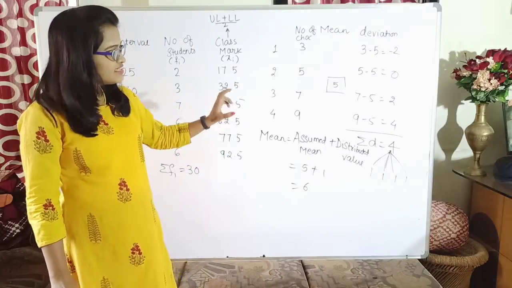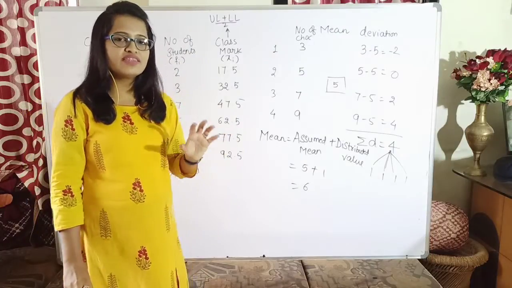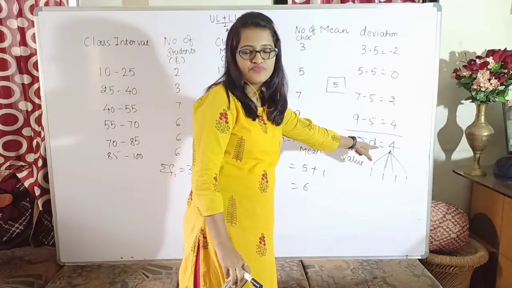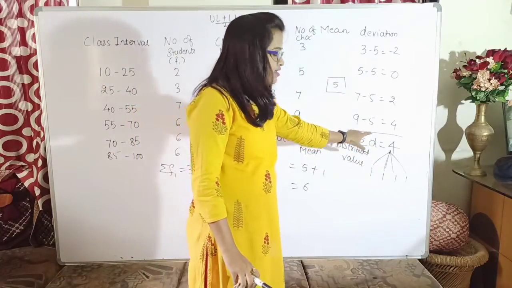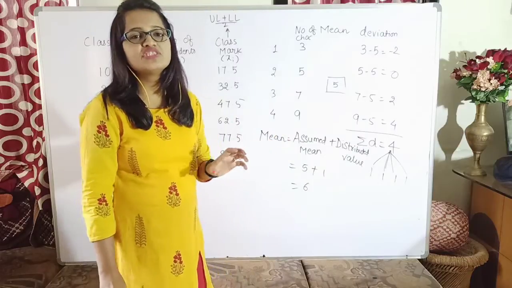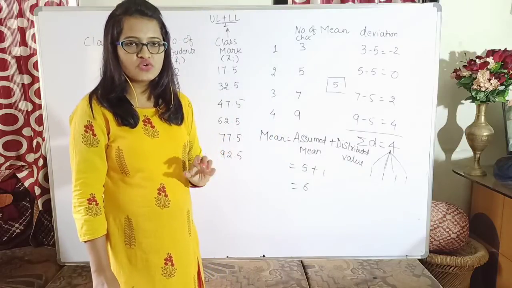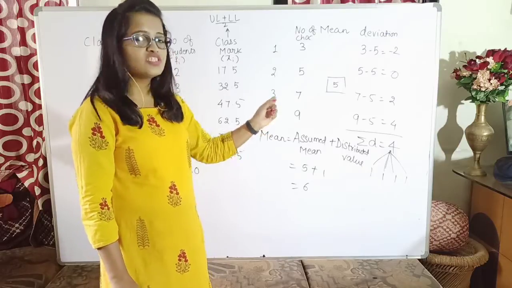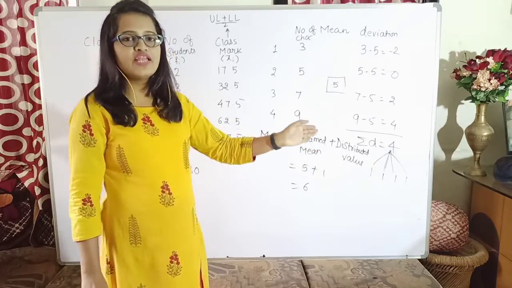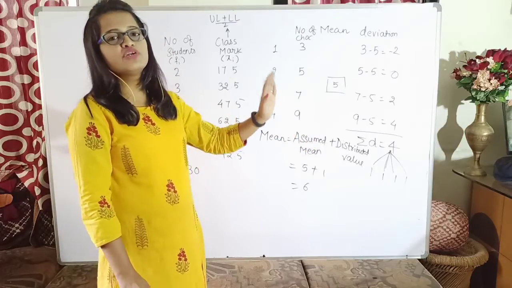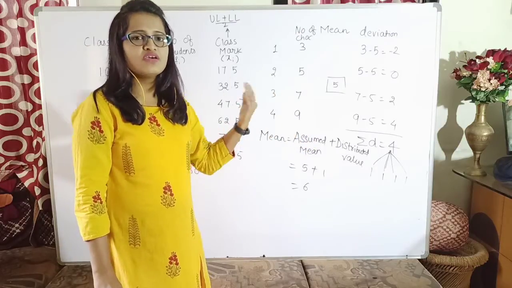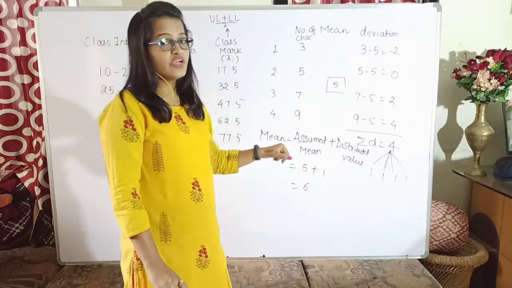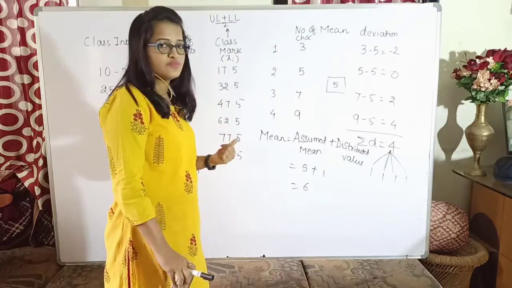Okay, so in this method the main thing is to have the summation of deviation at 0. Yes, the main concept is to have the deviation at 0. Only if the deviation is 0 will the value you are getting be the correct average. If the deviation is not equal to 0, whatever value you are getting, you have to again distribute it among all the observations. By this concept only we are going to find the average of the given data.